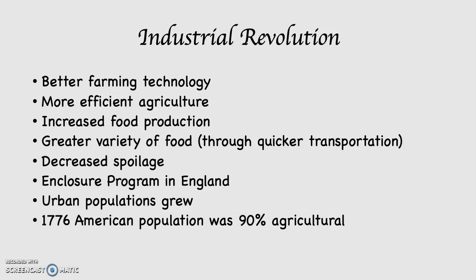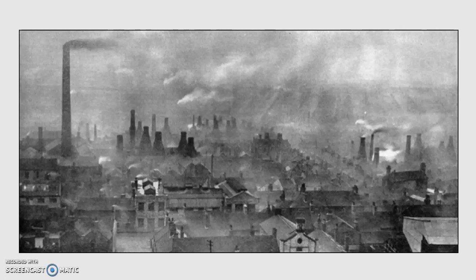In 1776, at the time of the American Revolution, the population in the 13 colonies was 90% agricultural. Today, in the United States, we're 2 to 3% agricultural, engaged in farming. So it's had a complete flip occur as a result of the Industrial Revolution, where people went from being overwhelmingly agricultural to overwhelmingly urban. And of course, as the cities grew, people got compacted into these cities, and then the edges of the cities grew outwards further and further.